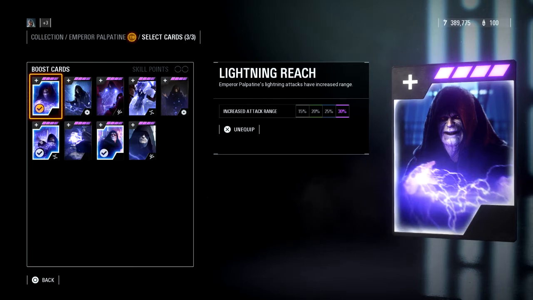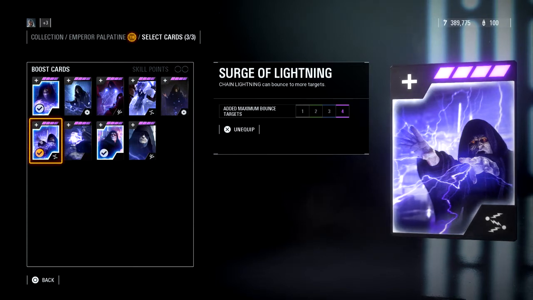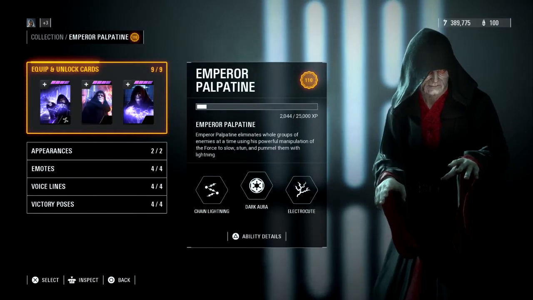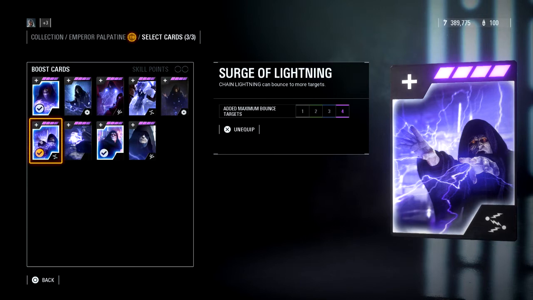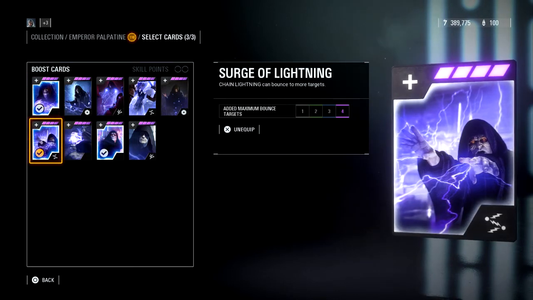You want as far of a range as possible with his basic two-hand attack. You also want the Chain Lightning can bounce to more targets. That is so essential. Going from, I think the default is like 8. So when you apply his Chain Lightning, which is that left ability, it will bounce to targets within reach of other targets that have already been shocked. That's pretty good because it'll take them down to half health or a little bit lower than half health, depending on which character they're playing as, and then you can just finish them off with your basic lightning attack. Makes Palpatine very, very good in those infantry situations, especially when you're on Death Star or those other tight corridor